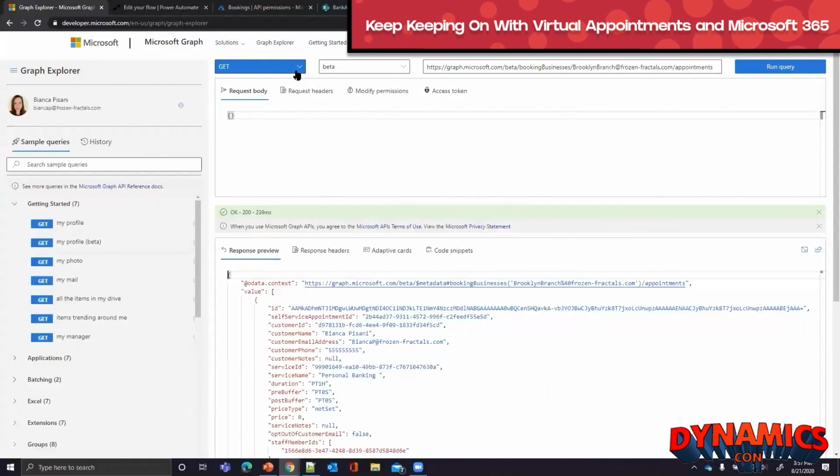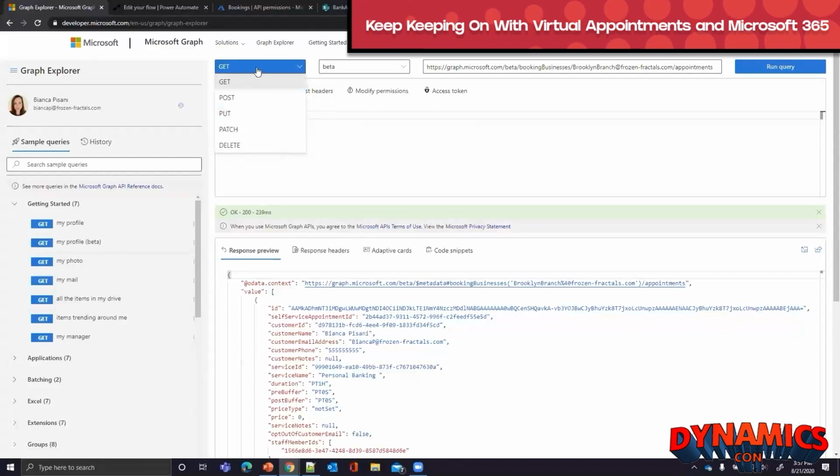Now, before we do that, there's a couple things to highlight. One is I've been running these commands with a get verb in front of them, and that's great. It implies that I want to get information from the graph. But all of these graph calls also have other verbs that can be associated with them. So if I want to add something to the graph, I post, typically. If I want to update something in the graph, I typically patch. If I want to delete something inside the graph, I typically delete.